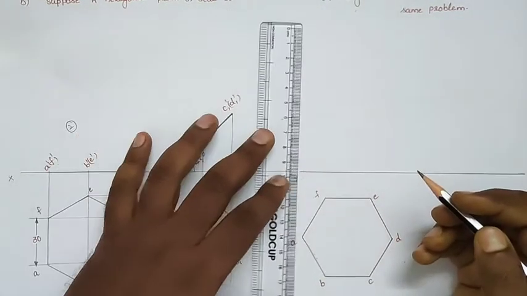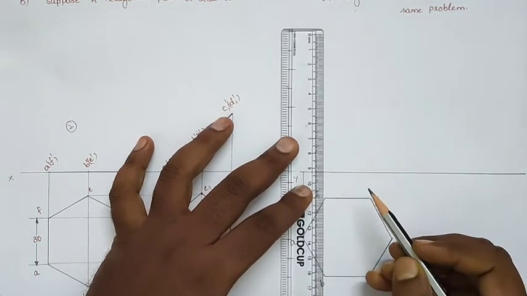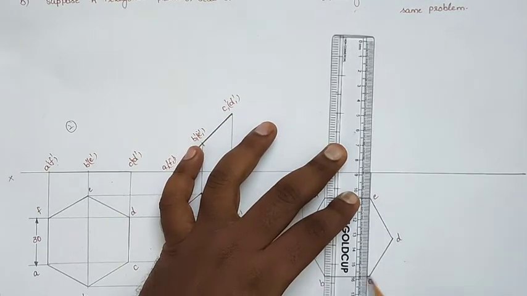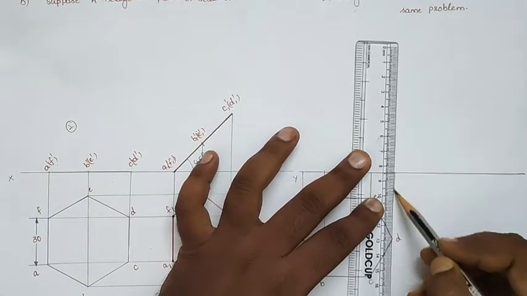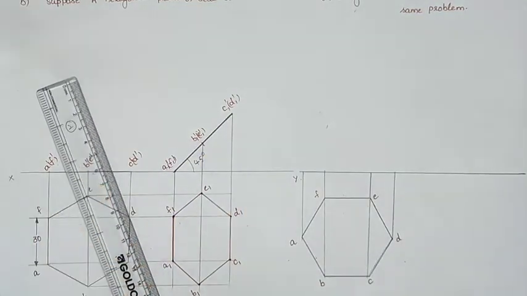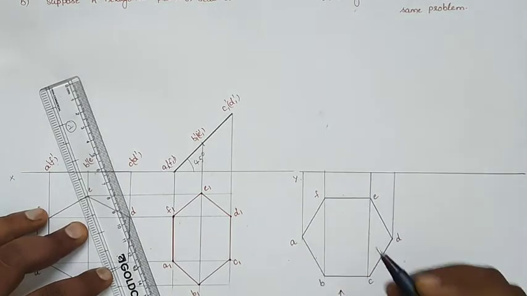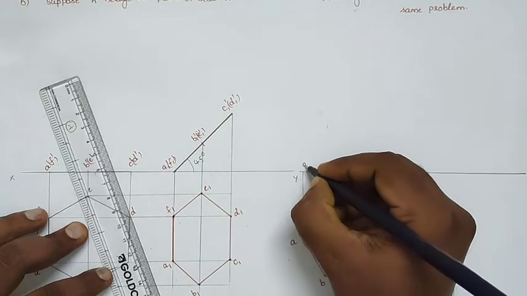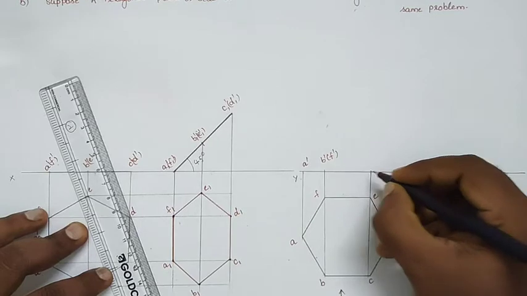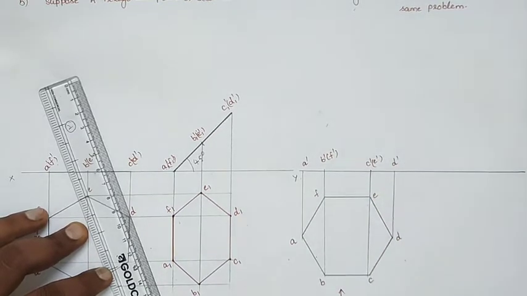After drawing the first top view, project it in the upward direction and draw the first front view as a straight line on the reference line. So the corner is on the ground, which means we'll get the front view on the reference line. This is the direction of the front view. A, B, C, D are visible and E and F are not visible. C dash, E dash and D dash.